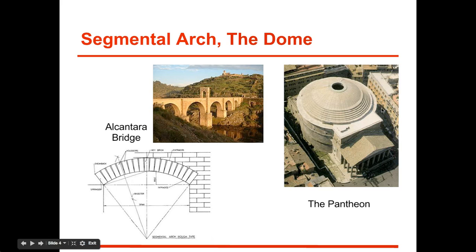All right, and then they took the idea of the arch and they brought it into 3 dimensions. They rotated it in 3 dimensions. And you guys can think of that if you had that arch shape in Google SketchUp and you used the Follow Me tool in a circle, you can see in your mind, try to picture that from 2D, a flat arch, and making it into that dome.